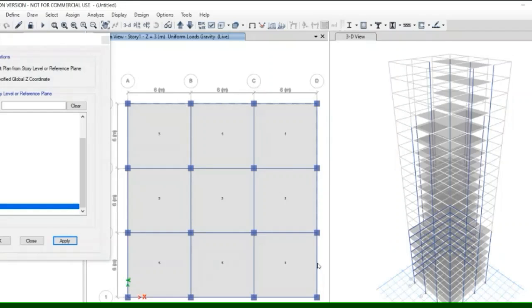Select all the exterior beam of the building for applying the cladding load. Make sure you select the similar story option at the bottom right. Select carefully all the exterior beam of the building.